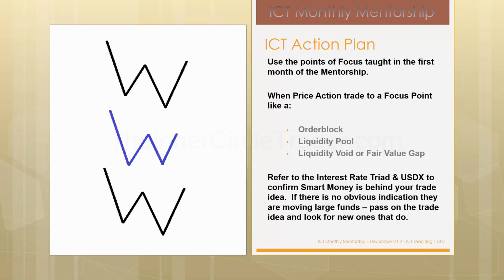But if we see a bearish tone on the dollar index, this is what you would see. You would see the interest rate markets making a lower low, another one making a lower low, but eventually one of them will fail to make that lower low. And what that'll do, that'll validate the sell signals that you're getting in the dollar index at a bearish order block, at an old high that's been ran out for a liquidity pool, or trading up into a fair value gap,